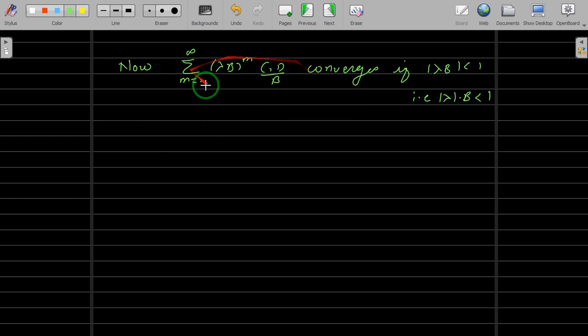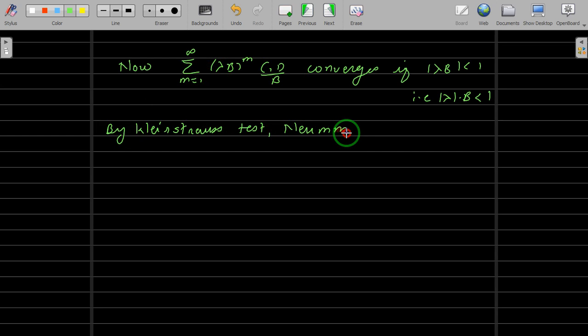So this series converges if mod of lambda b is less than 1, and hence by the Weierstrass test we can say, I'm not going to discuss all, we don't have that much time. So by Weierstrass test,